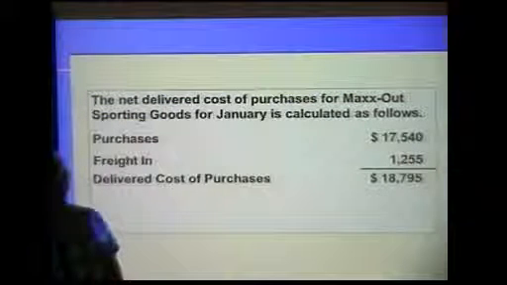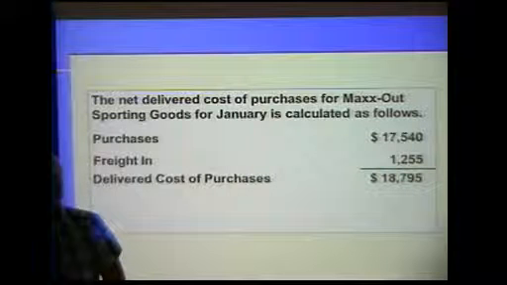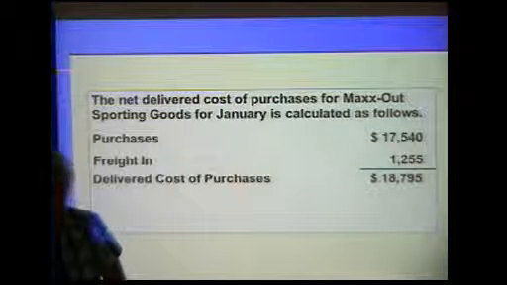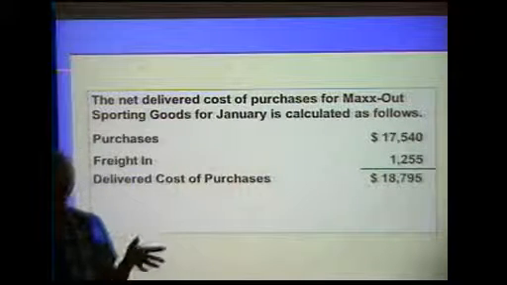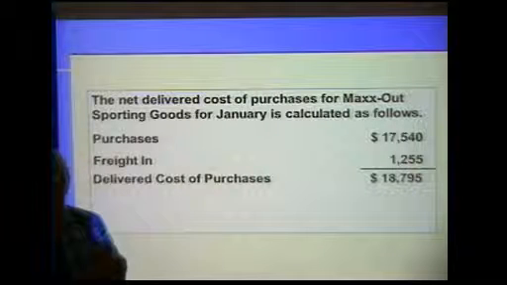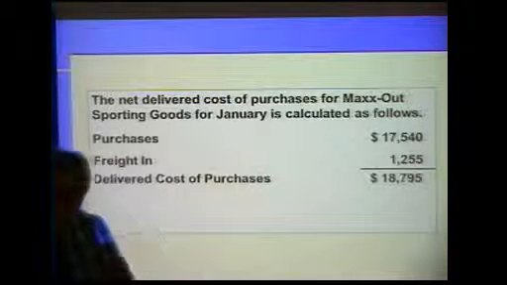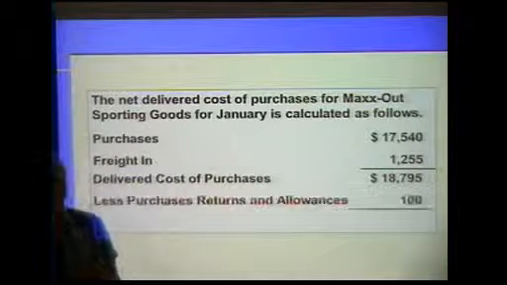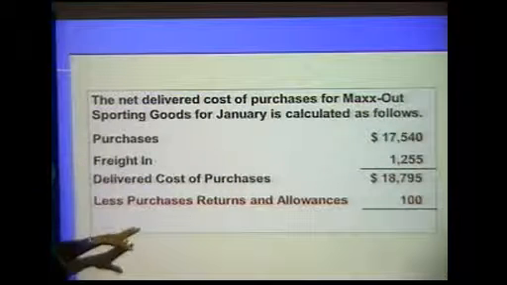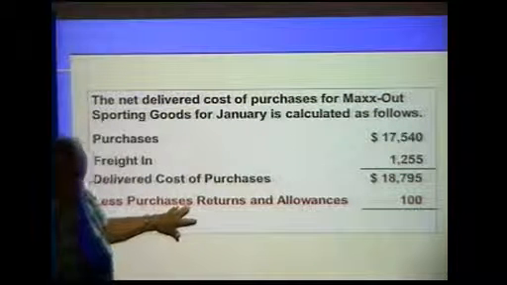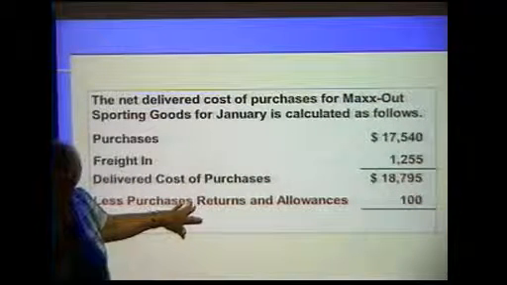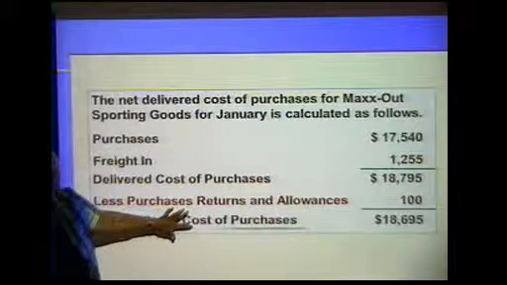So we're going to look at this. The delivered cost of purchases includes purchases plus the freight. Okay, make sense? Got to add that cost. Then we take out any returns and allowances from our net delivered cost of our purchases to give us